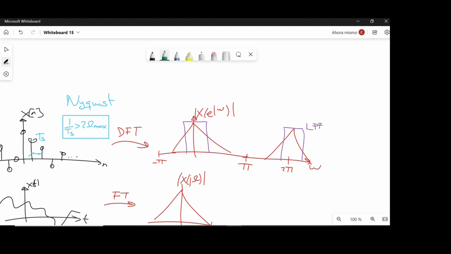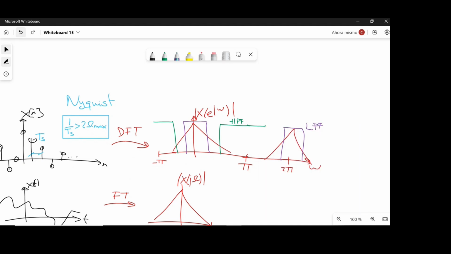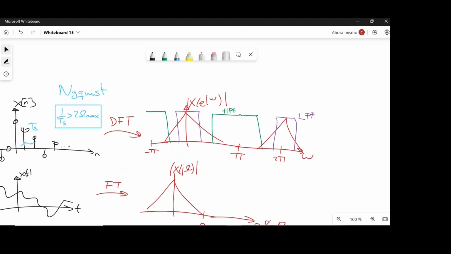So let's say I am interested in the high pass filter. So this is a high pass filter. The same here. Something like this. Okay, so we may design high-pass filters, we may design low-pass filters,